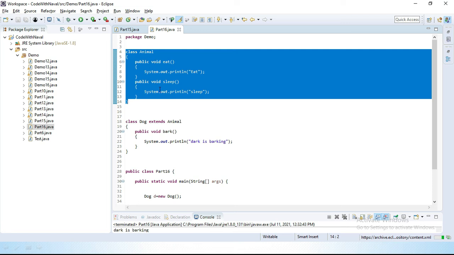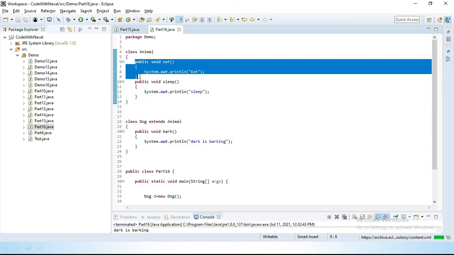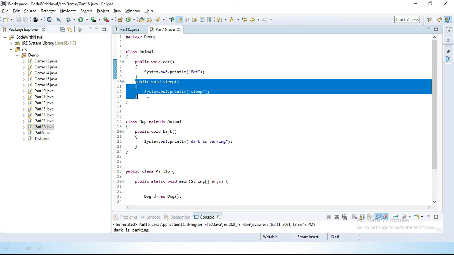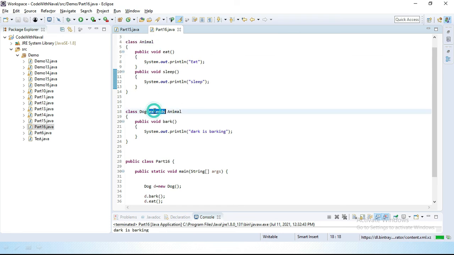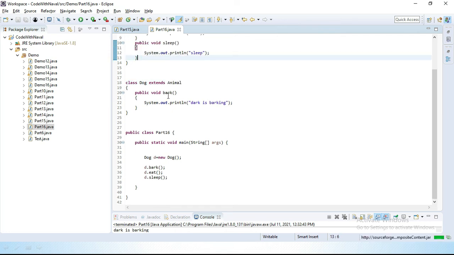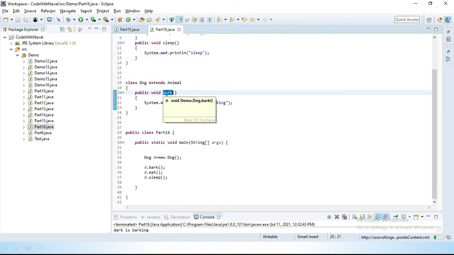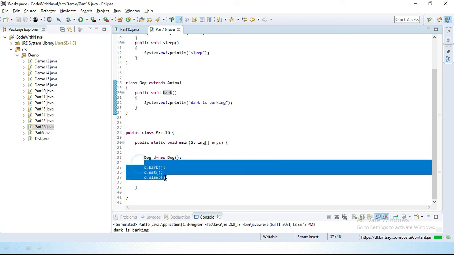Here we have one animal class and one dog class. Every animal has eat and sleep, these two behaviors, and a dog also has that same property. That's why we simply extend the animal class, and we can use those two methods. And the dog also has its own property, bark, which we also include here, and we get three methods: bark, eat and sleep.